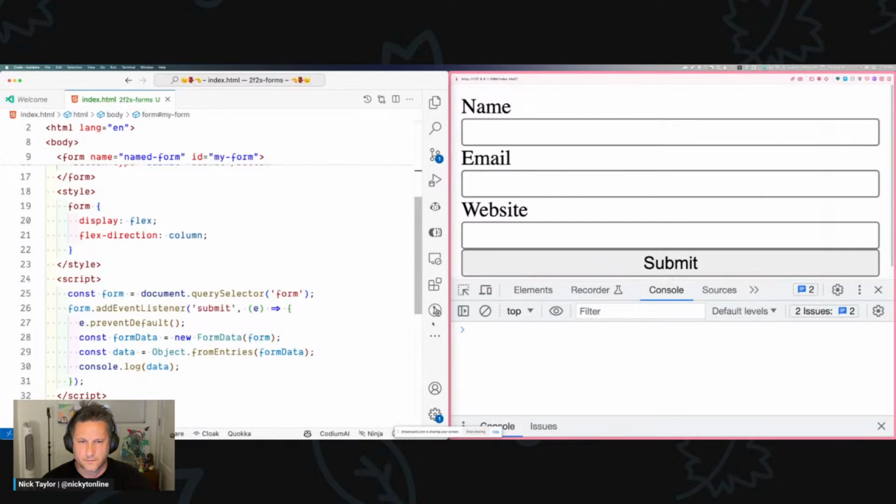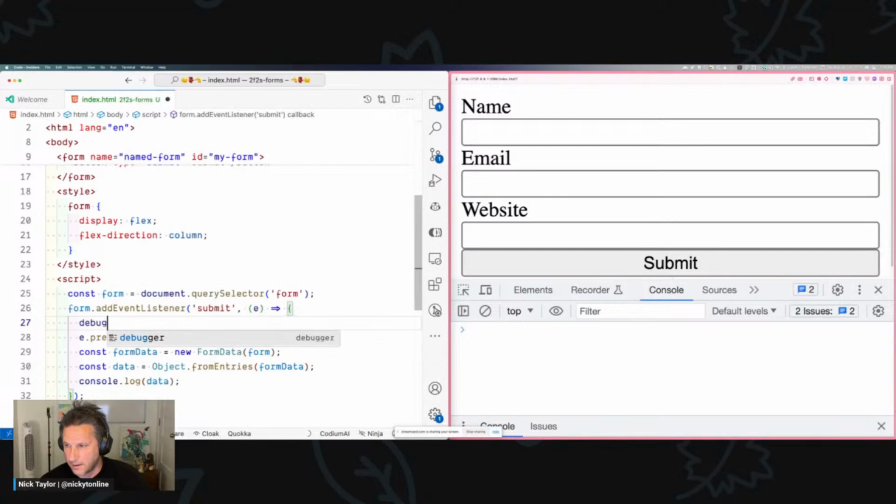So what I'm going to do is put a breakpoint in here. So I'm just going to put an explicit debugger. And if you haven't checked out the debugging